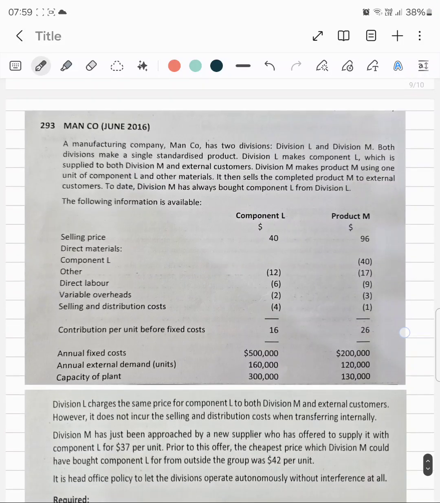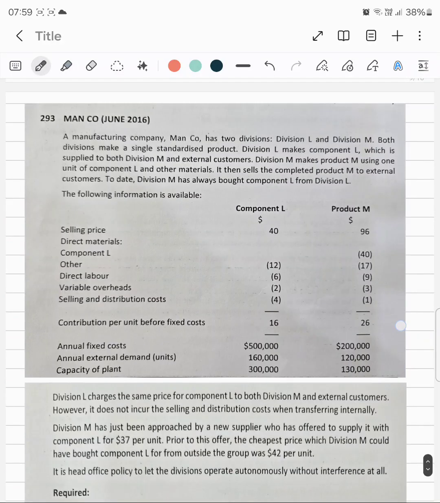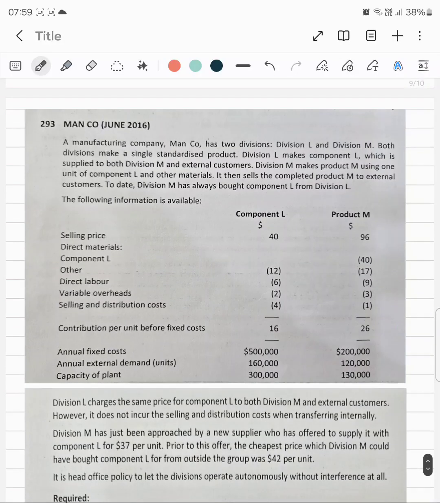A manufacturing company, Man Company, has two divisions, Division L and Division M. Both divisions make a single standardized product. Division L makes a component L, which is supplied to both Division M and external customers. Division M makes product M using 1 unit of component L. So component L is produced by Division L, and product M is produced by